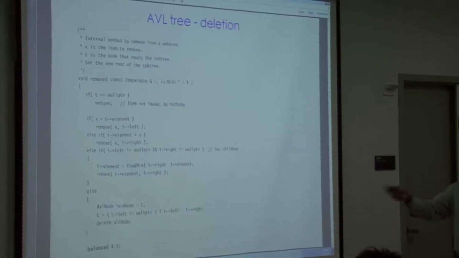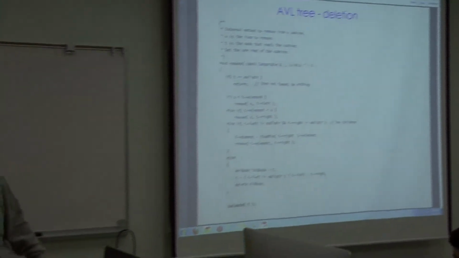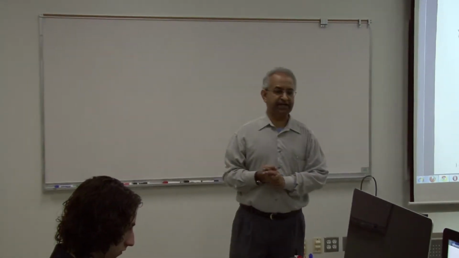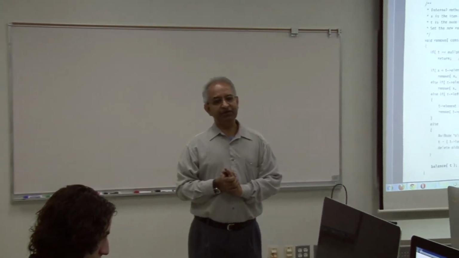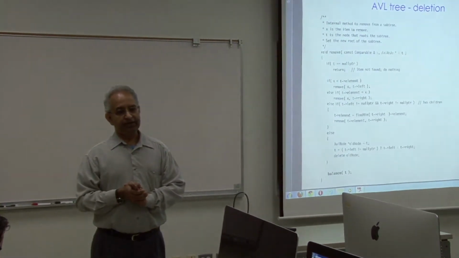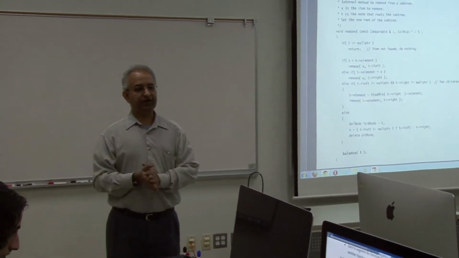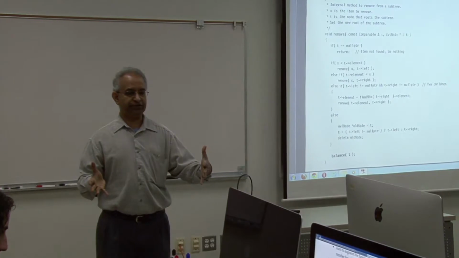Okay, so before we look at the code for deletion, let's talk about the project itself. So we began by saying that dictionary operations are quite powerful, can do things like sorting. But still, dictionary operations themselves are not powerful enough to collect statistics from a large data set. So for example, if I have a large number of keys that I've built into a binary search tree,